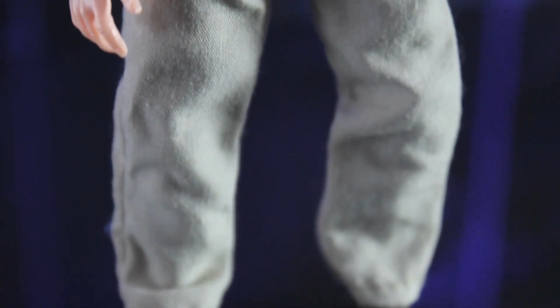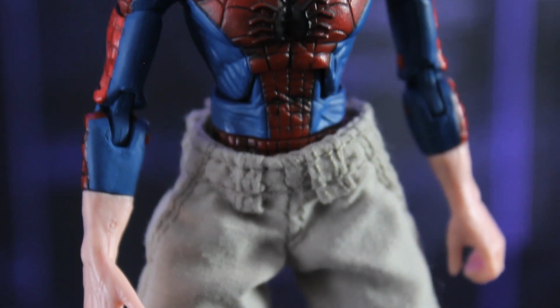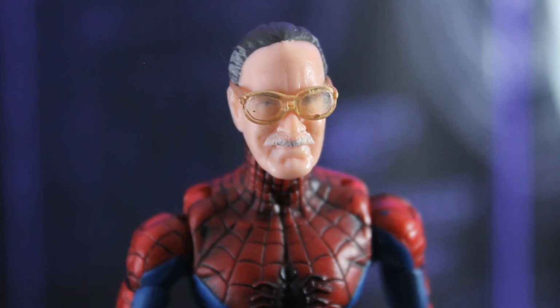Excelsior! Do you think Marvel Legends weren't confident that Stan Lee on his own was going to sell, so they sort of three-fit him with Spider-Man? So you're basically getting Spider-Man, but as an extra you're getting Stan Lee? Or was it sold as Stan Lee? It was sold as Stan Lee, but having the extra parts to be able to have Peter Parker or Spider-Man,